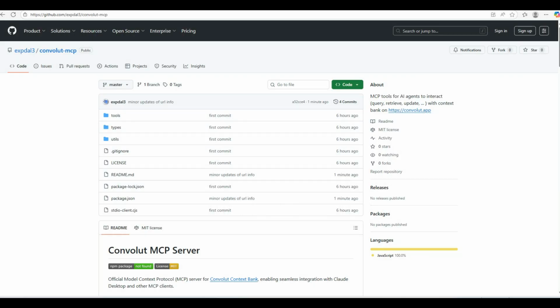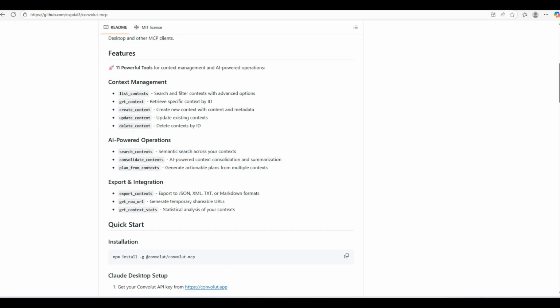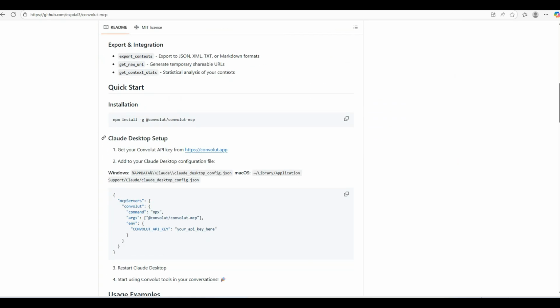Guys, today I am going to show you how to use Convolut MCP in Claude Desktop. Convolut MCP is the new MCP tool that allows AI agents to interact with your context store on Convolut web application. In order to install it, first visit GitHub with the link I placed in the description of this video